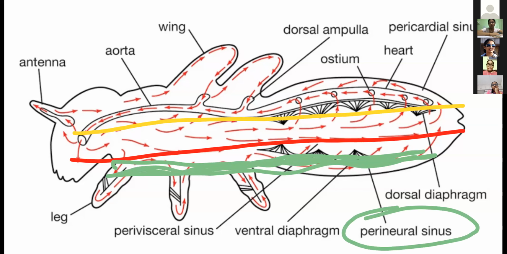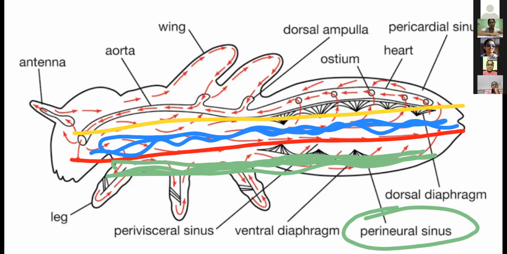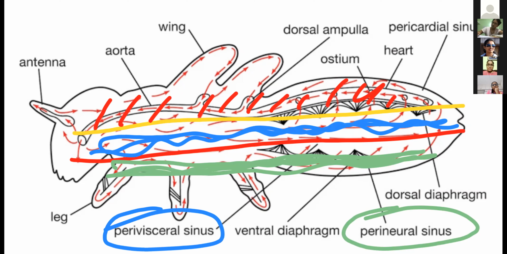Next, at the center over here in this part, that's the digestive system and other systems are there. Visceral systems are there. So we call it perivisceral sinus. And the third one, that is towards the circulatory system here, we call pericardial sinus. 3 sinuses are there in cockroach. First number towards the dorsal side, pericardial, cardial term represents the heart. So surrounding the heart, the coelom part is there, we call pericardial sinus. Below that, perivisceral sinus. And at the ventral side, perineural sinus is there surrounding the nervous system, the coelom part.